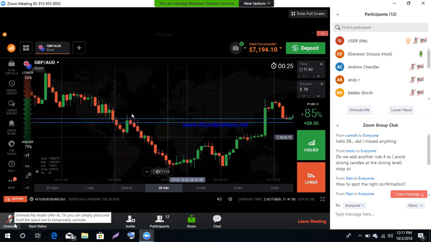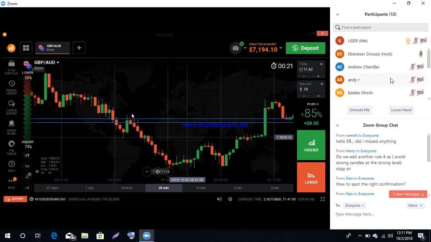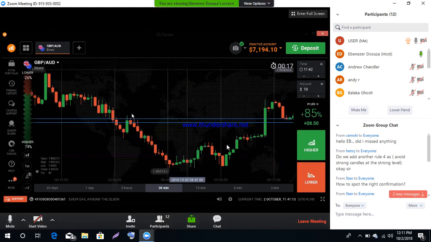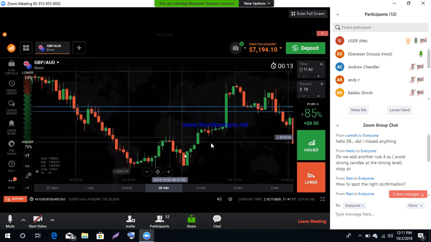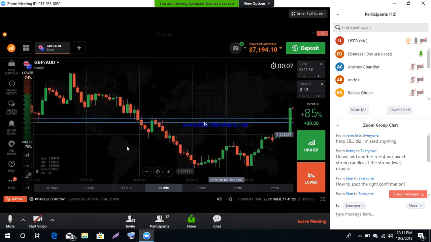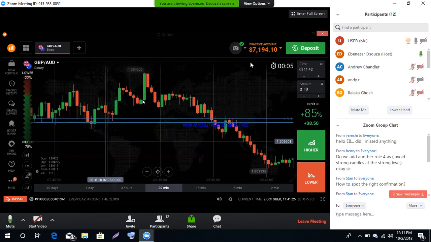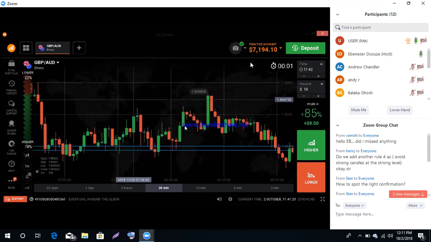Multiple candle, reversal candle, or continuation? The Marubozu candle is a reversal candlestick. Most of the time, it will work as a reversal. I will explain here. Okay, you can see here. This is a Marubozu candle. Okay, it reversed. You can see this is a Marubozu candle. It reversed.